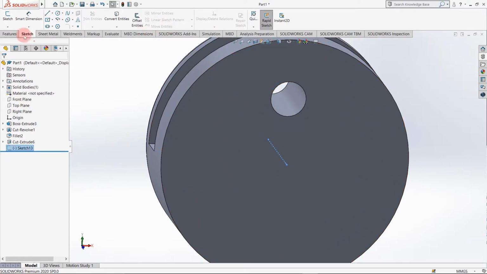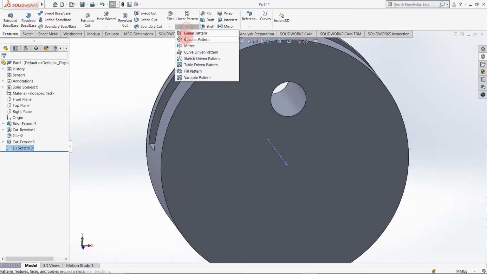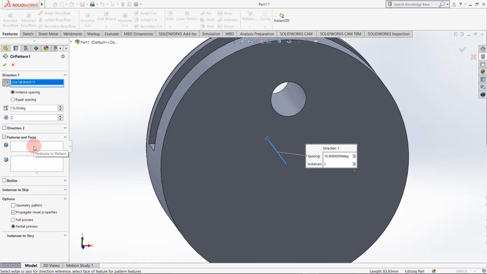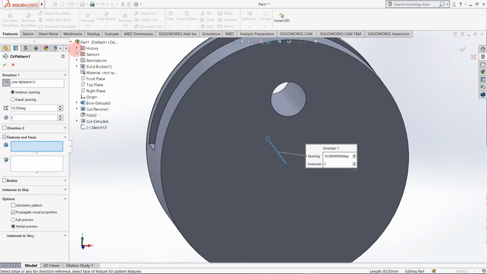So now I want a circular pattern of this hole around this axis. In features, go to circular pattern, you just click on that, and you get a second design tree here. By clicking this arrow you can see the second design tree. I am just selecting the hole, extruded 6.